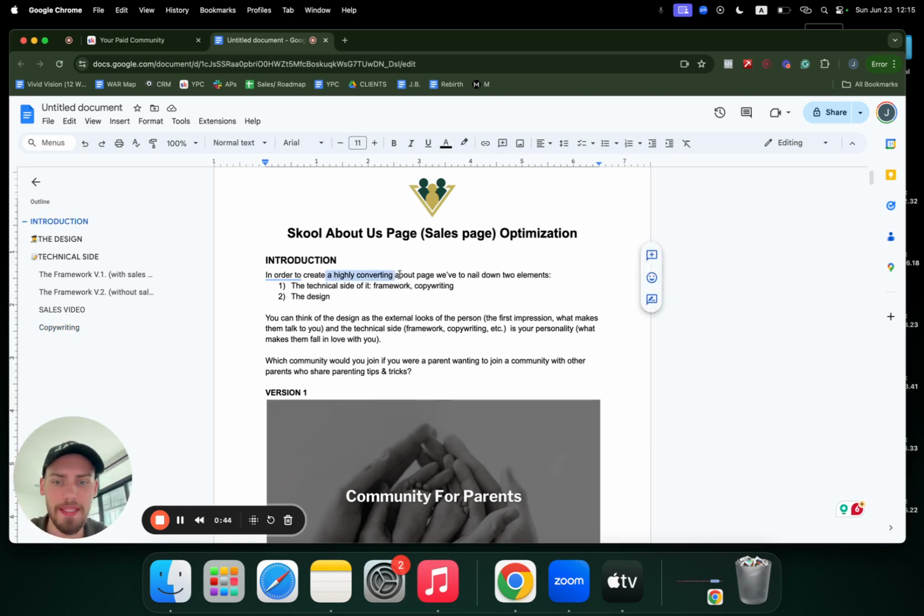In order to create a highly converting About Us page, we have to nail down two elements. The technical side of it, which is the framework, copywriting, and so on. The design is the second. You can think of the design as the external looks of the person, which is the first impression, what makes them basically talk to you. And then the technical side, the framework, copywriting, and so on, is your personality, what makes them fall in love